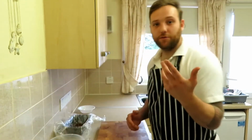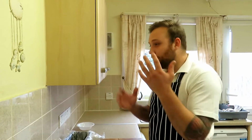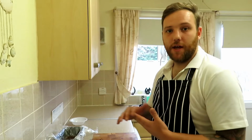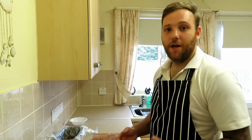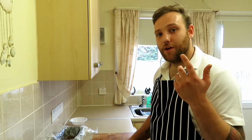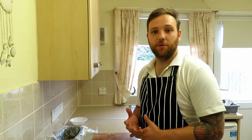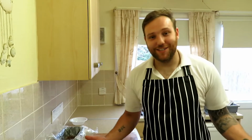But whilst that's cooling, I'll talk about the caramel. Now, I've tried loads of different caramel recipes. The best one I've ever tried is when you just get a tin of condensed milk, boil it for 6 hours, and it is the nicest tasting caramel you'll ever try. So, you can either use your own caramel recipe, or you can boil condensed milk for 6 hours in the tin. Or, as I've recently discovered,